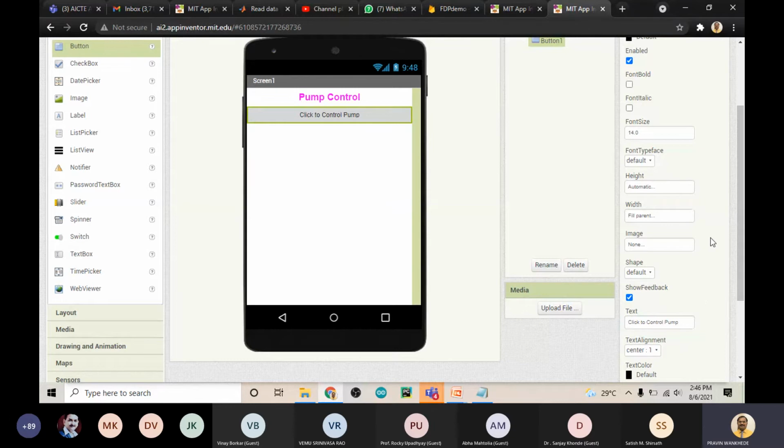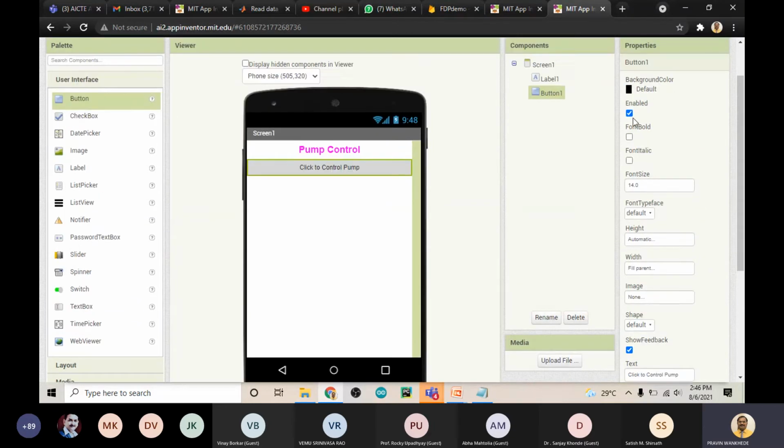I will make its font bold, make it 20, and the height I will make 10%. So these are the few parameters I have set here.